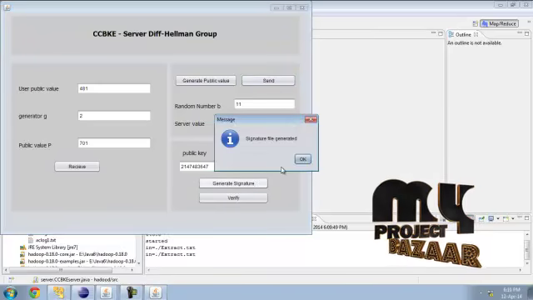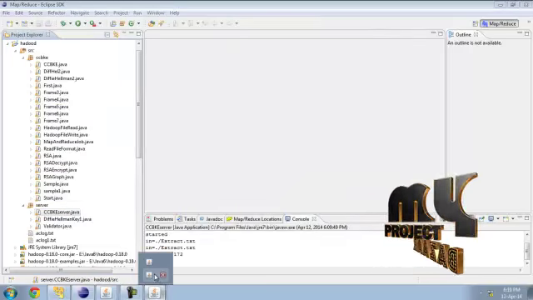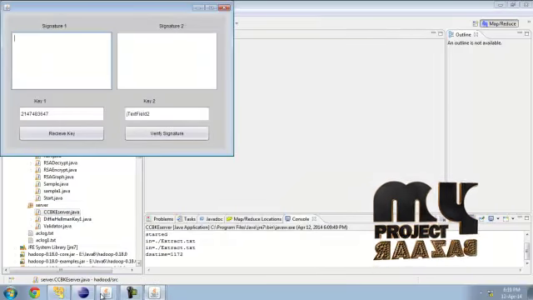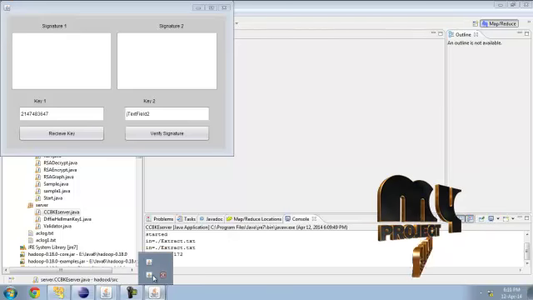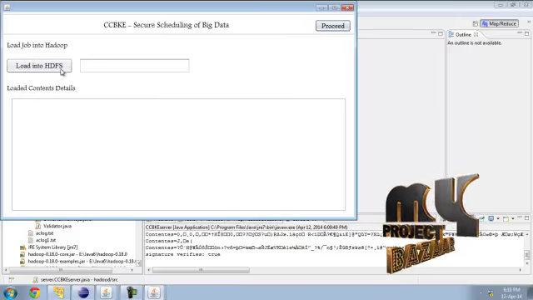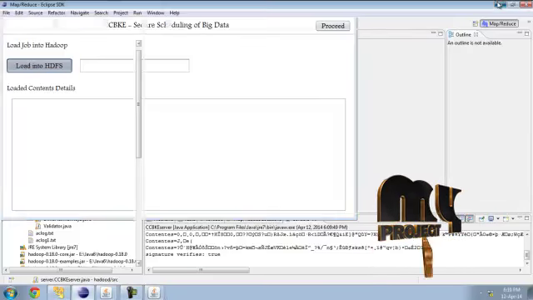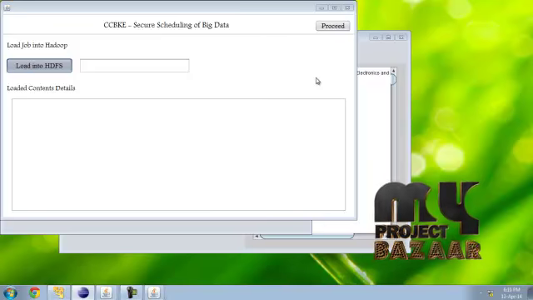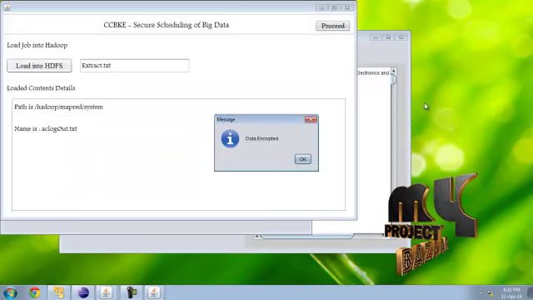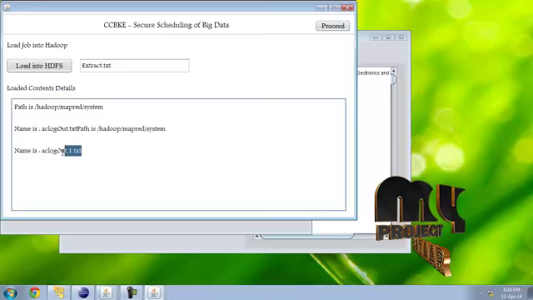Here also generate signature, verify, the both keys are true, then load a file into HDFS location. Now the file is stored in the Hadoop location, Hadoop environment, in the file name aclogout1.